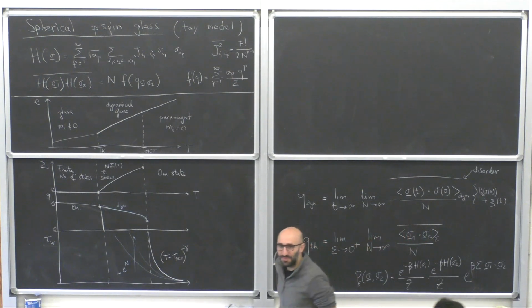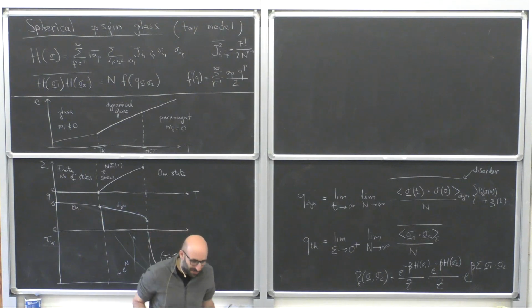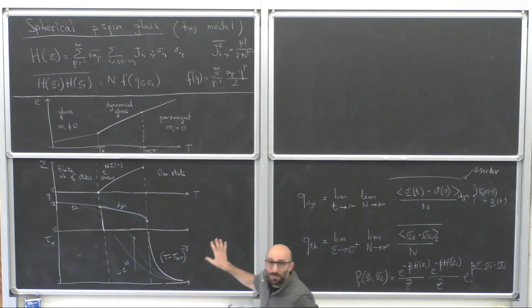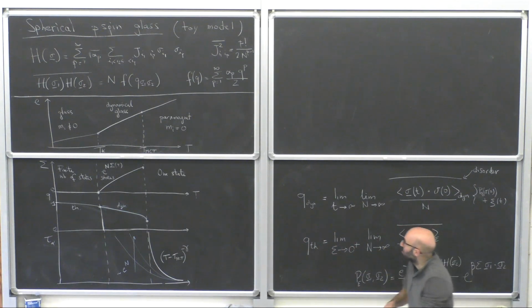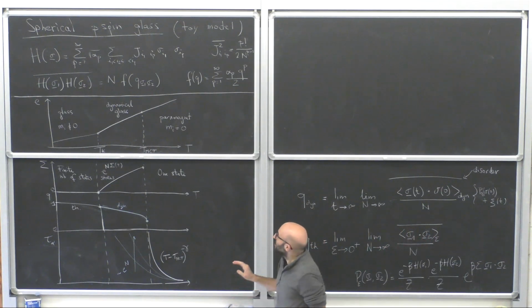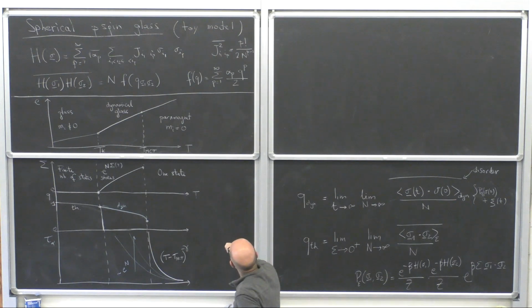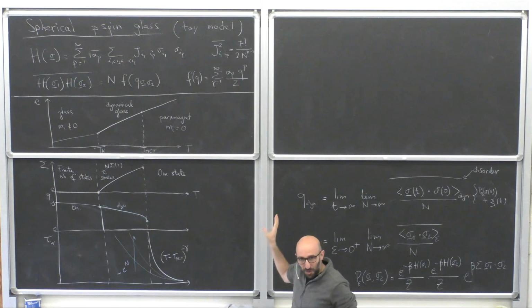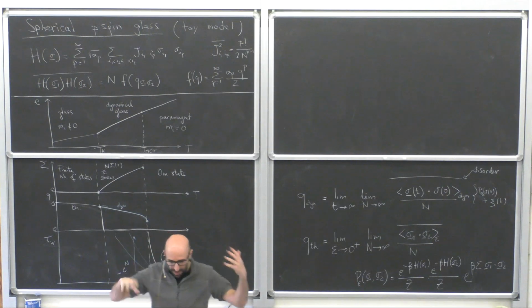Last lecture by Zamponi. Okay, so I brought to the blackboard a recap of what we did last time. So let's go through it quickly. We are studying this spherical p-spin model, spherical p-spin glass. I tried to motivate it as a toy model for more complex problems where you have disorder and these rough